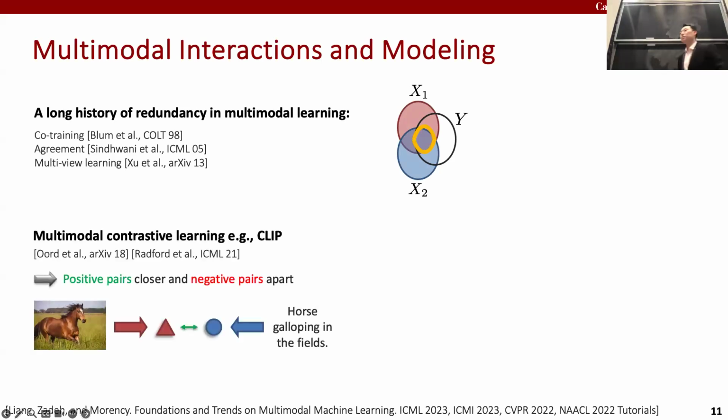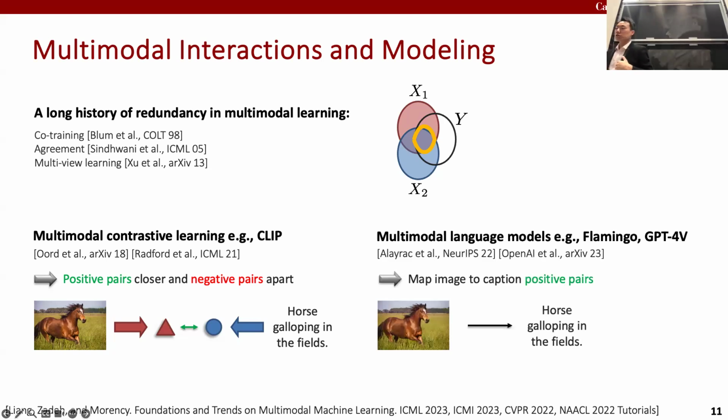As well as recent work such as multimodal contrastive learning that takes in images and the paired captions of these images from the internet and aims to learn embeddings for these that are very similar together and very far apart for images and incorrect captions. And also recent work such as multimodal language models like GPT-4. These models take in images, generate some embeddings for that, and use that to generate captions or answer questions about these images. A lot of these methods are designed to capture redundancy. That there is some shared information between these modalities, and it is the shared information that I care about in capturing.